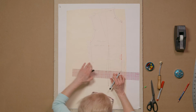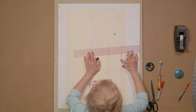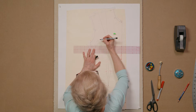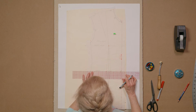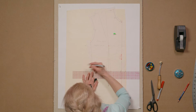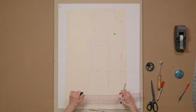Here's the waist. I'll anchor this so I don't shift it. Make sure my straight of grain is accurate. I'll put a little circle to know which one is the correct one. I've learned that making mistakes is one of my best teachers. So I don't get too upset when I make a mistake, unless it's, of course, a major mistake. And the hip, hopefully you can see this, but again, I'll move this up in a few minutes. And there. Okay, now,